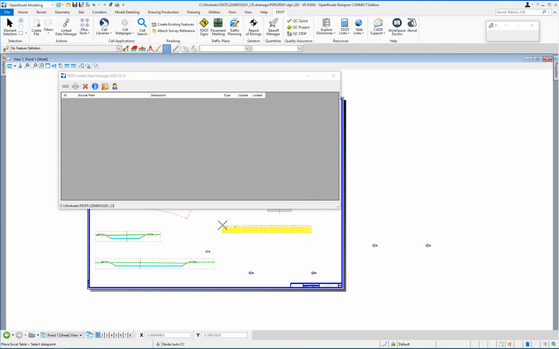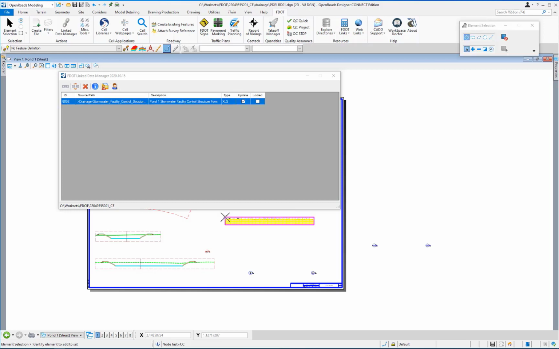It will take some time for the program to create the new blank Excel file and the placement process to begin, so be patient. When the process of placement begins, there will be a form attached to the cursor. Move the cursor so that the form is below the two structure sections placed previously. Left-click to place the form. Notice in the FDOT Link Data Manager dialog that the form now appears in the list area of the dialog.